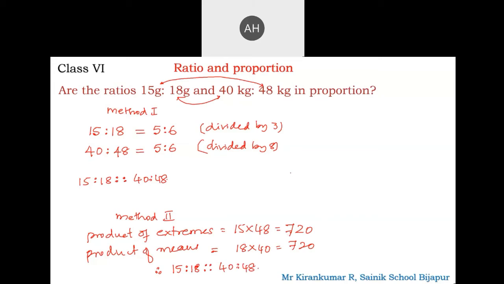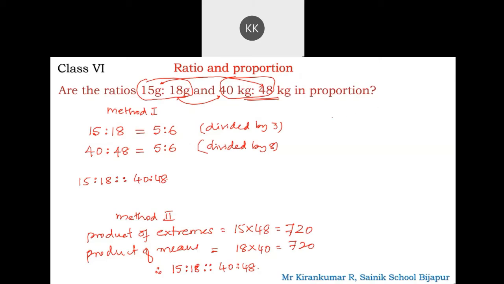Sir, there is gram given and after that kg in the ratio. Yes, they have given one in terms of gram and the other in terms of kg. What is to be understood is that this is a separate ratio, and this one is a separate ratio. We find a ratio of two quantities of the same unit. If you want to convert this in terms of gram, we still get the same thing.